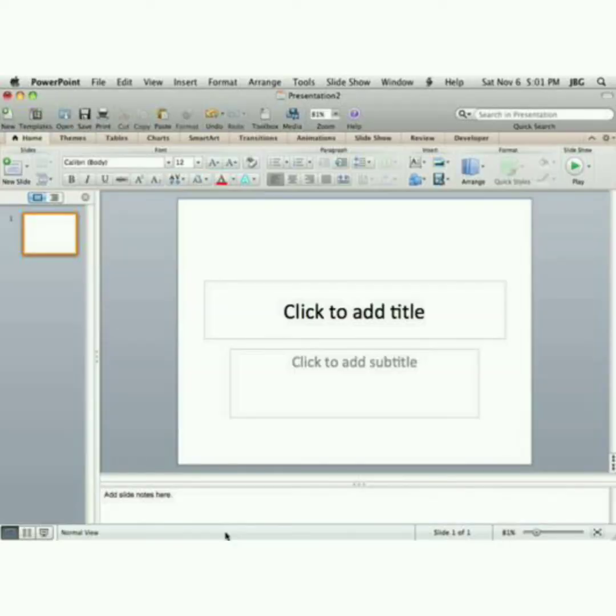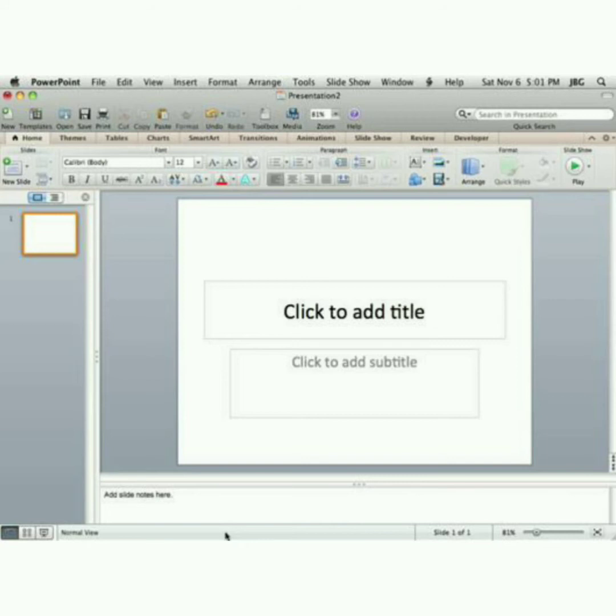See, in this, I've selected a design where we can add a title in the first box and then the information in the second box. These are the two places where I can enter and edit the data. Either you can enter the text, or if you want, you can insert pictures one by one, and I'll tell you how to do it.